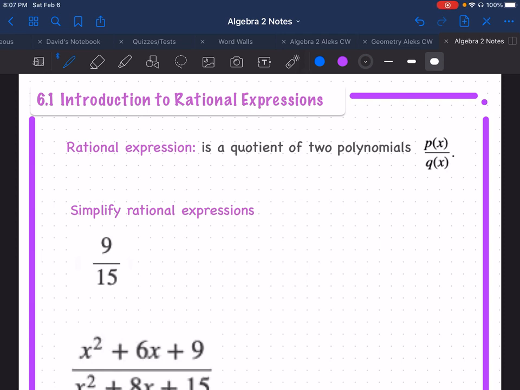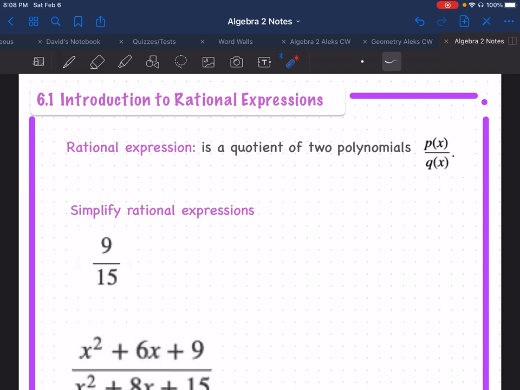Today's lesson is 6.1, Introduction to Rational Expressions. A rational expression is a quotient of two polynomials, p of x divided by q of x. Like any fraction, a rational expression can be simplified. To simplify a rational expression, what we are going to need to do is to factor the polynomials, determine if there are any factors that are the same, and then we can go ahead and cancel out any